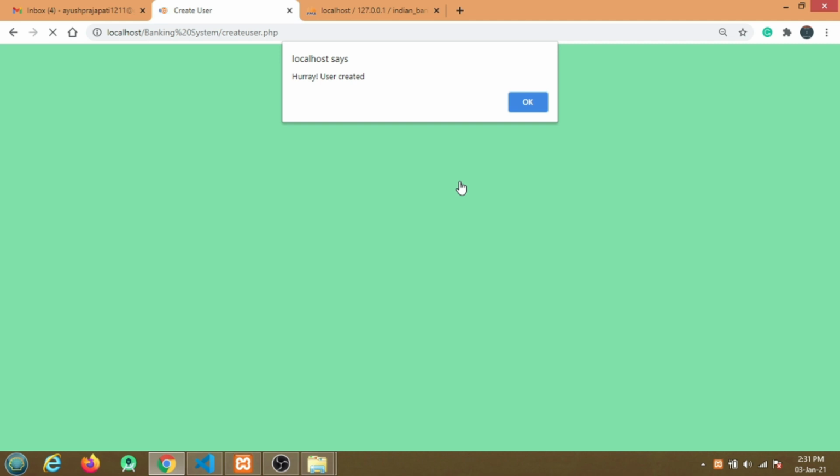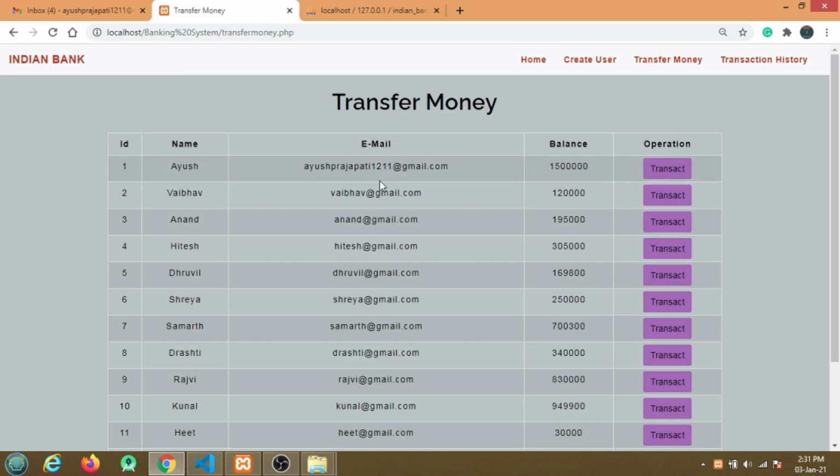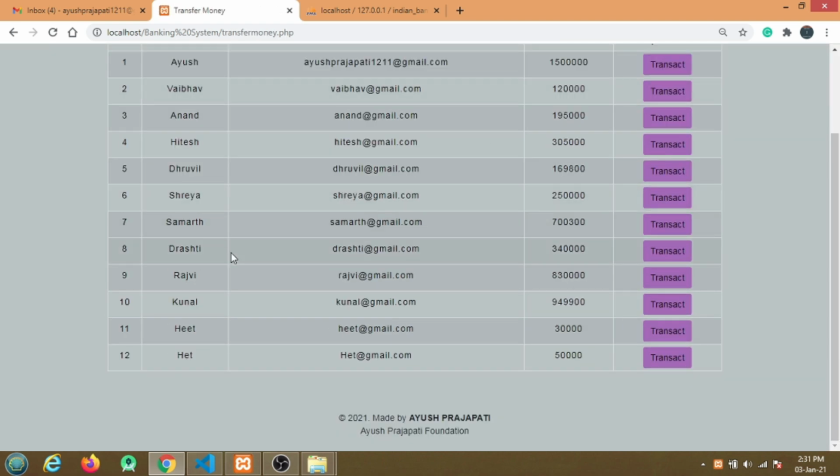After clicking the create button, you can see the alert message that user is created. You can see our new user is added to our user details.